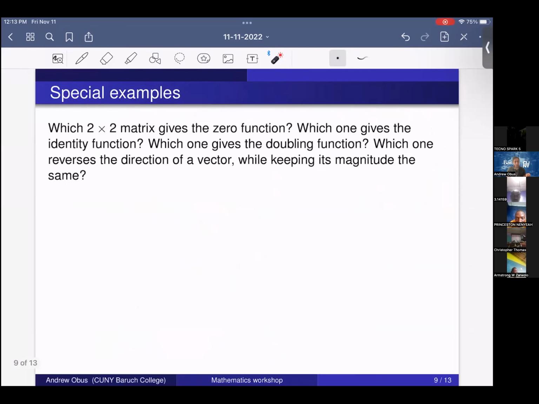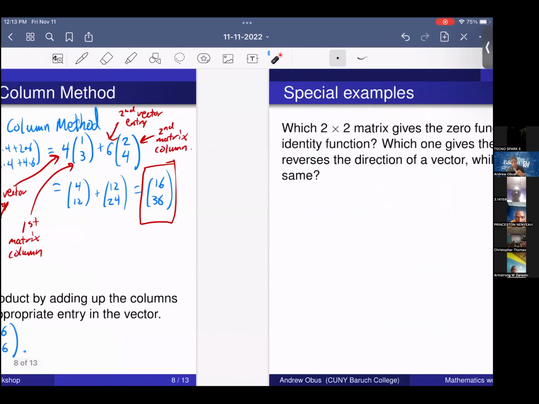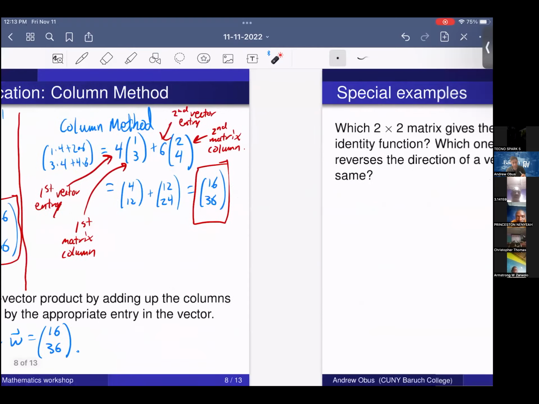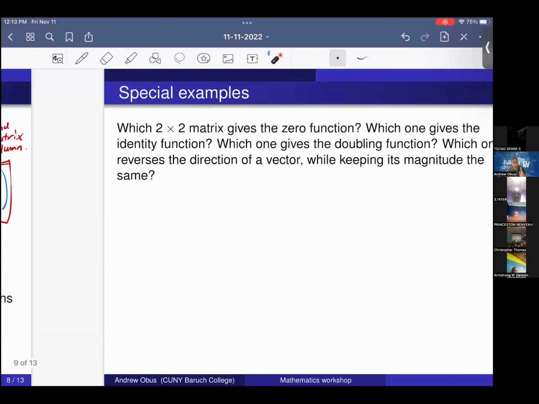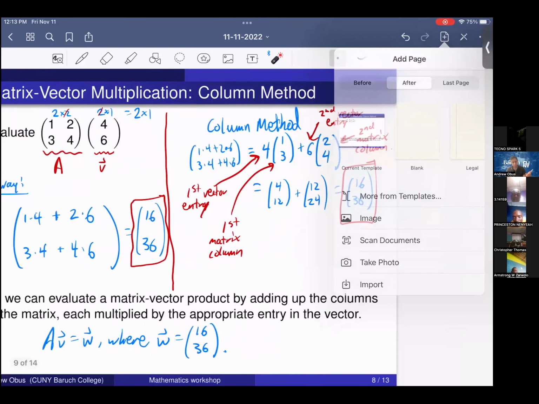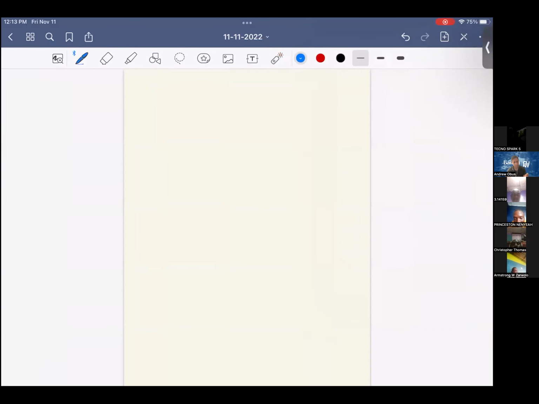Okay, so let me add another page before we go to the next thing. So in general, we could have another example. If A is some matrix that's 2 by 3, like 1, 2, 3, 4, 5, 6, and then V is a length 3 vector. So we say that V is in R3, then